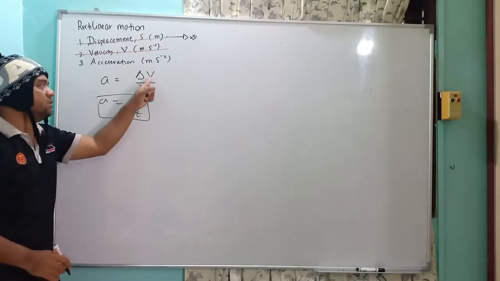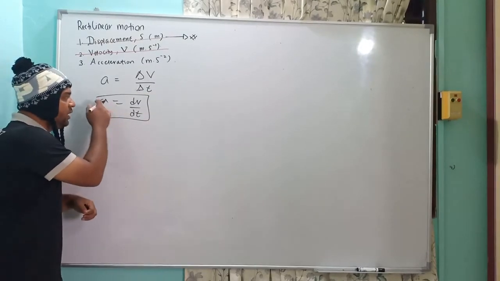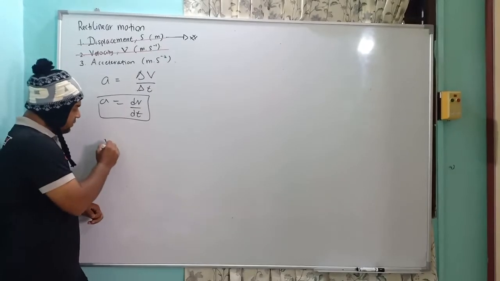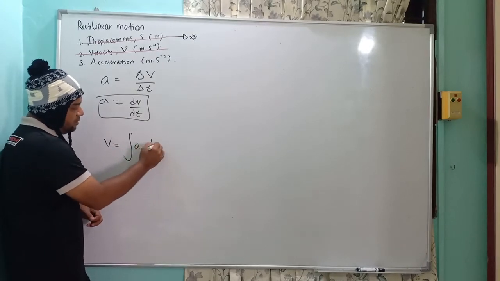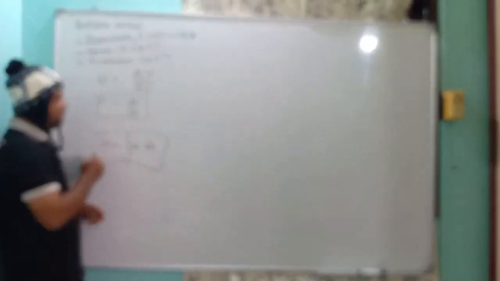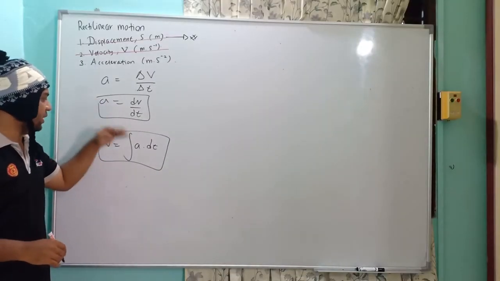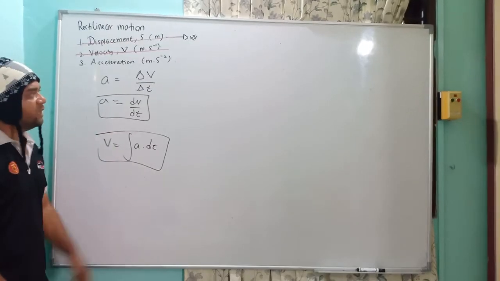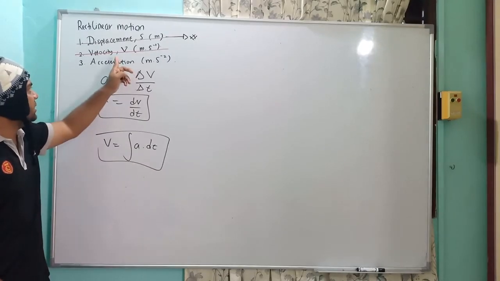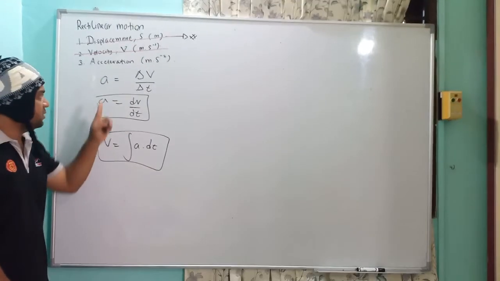Okay, acceleration is the rate of change of velocity with respect to time. Or if you have A, you can calculate V: V equals the integration of A dt. If the question gives you V, you can calculate A, or if it gives you A, you can calculate V the opposite way. So from displacement and acceleration, velocity, we have discussed the positive and negative of these two,